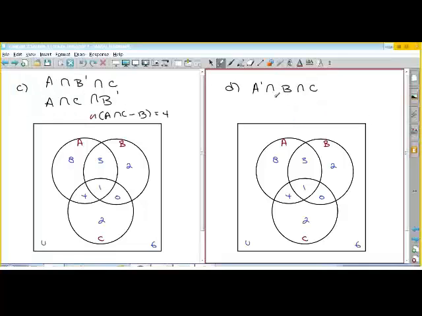And so the last one is, even though this is in a different order, if we rearrange this, B intersects C intersect A prime, it's the one we haven't done yet. So the cardinality of that operation is